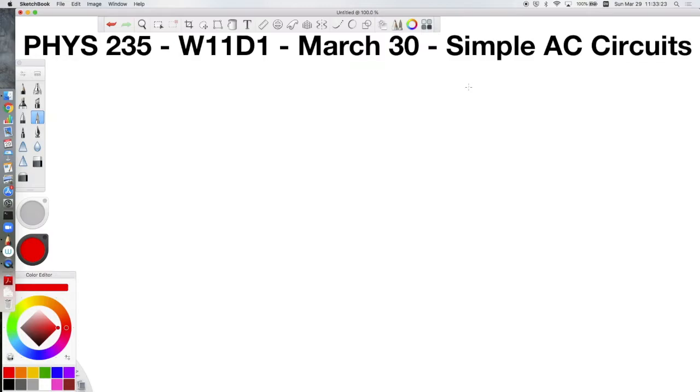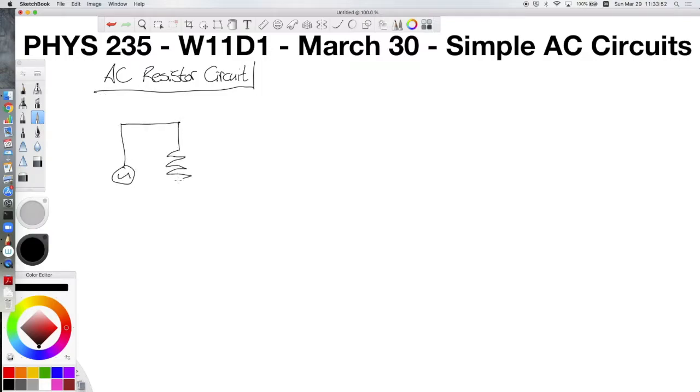We're now going to discuss how an AC power supply interacts with our three circuit elements that we've learned: resistors, capacitors, and inductors. So first, we're just going to look at an AC resistor circuit. And an AC resistor circuit might look something like this, where we have our resistor over here with a resistance of R, and our AC power supply